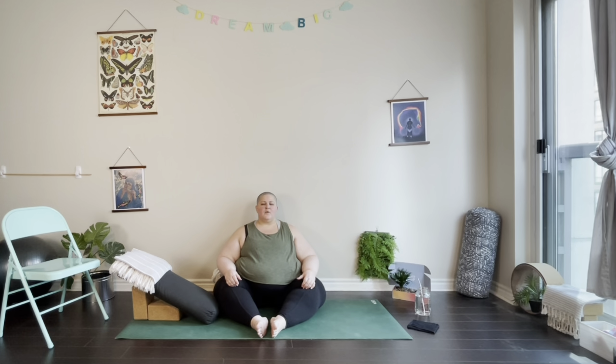Allowing the awareness to wrap around the side body to the low back, noticing the sensation here. When we're ready, letting the awareness creep upward through the spine, through the mid-back, the upper back, and the shoulder blades. Noticing the left side of the abdomen, the right side of the abdomen, wrapping around the ribs,